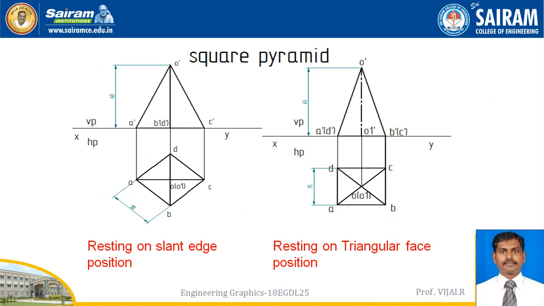now we come to the conclusion of how we have to keep the initial position. If the problem gives resting on a slant edge, then we have to draw a corner position like this, and then you have to tilt it. If the problem says the pyramid is resting on a triangular face, then we have to take the edge position, and this side is the face, one view of that, so that should be tilted. Okay, clear? I hope that is clear.